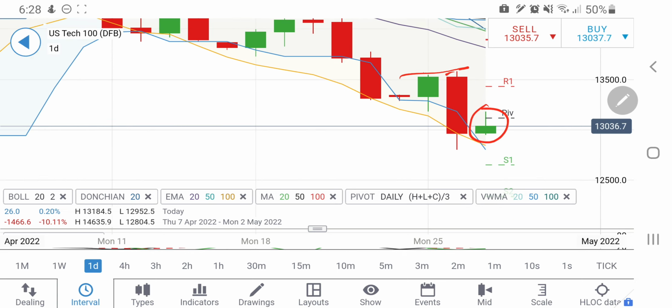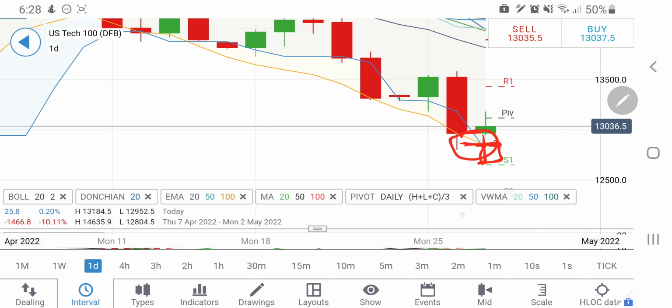This is the first red candle after this minor green retracement, and probably now if it breaks 12,970, we can see a sharper drop. However, look at this, it is trading near to the bottom of the Bollinger Bands, which might provide a little support at around 12,900, 12,850 levels, and below that we can expect a sharper drop which might take it towards